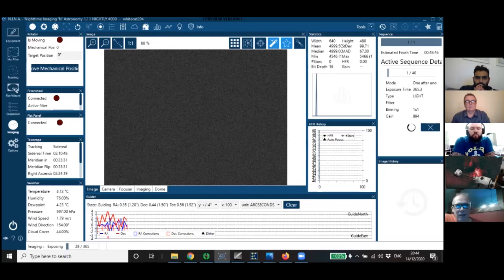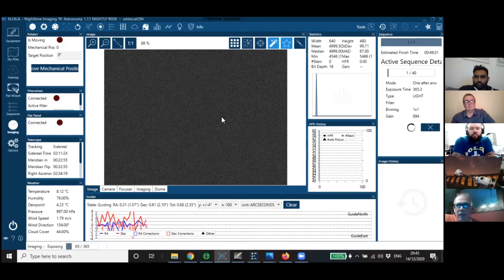And so now you've got the graph starting to build up from PHD2, so you can see it kind of live coming up on here. It's going to be a very strange graph because I'm literally guiding on a pinhole in a cardboard box. So the guiding is going to look very, very strange. But at the moment, it's now taking an exposure, which for this is set at 365 seconds, and it's now